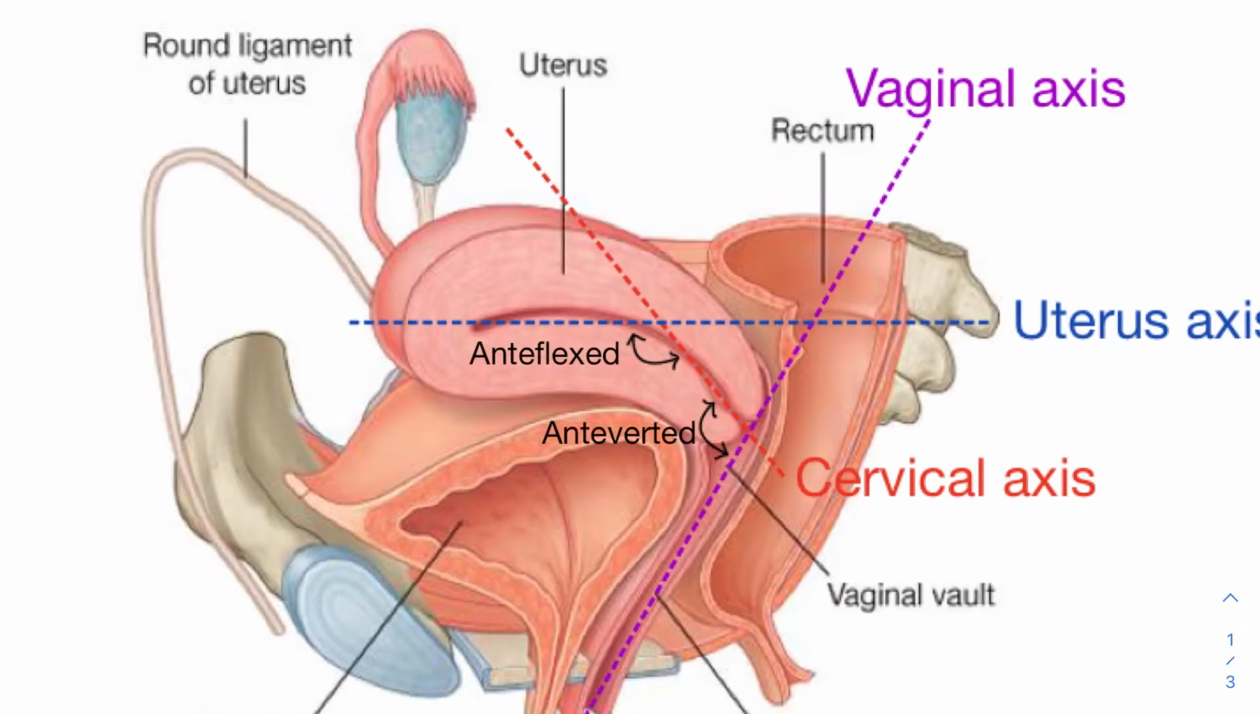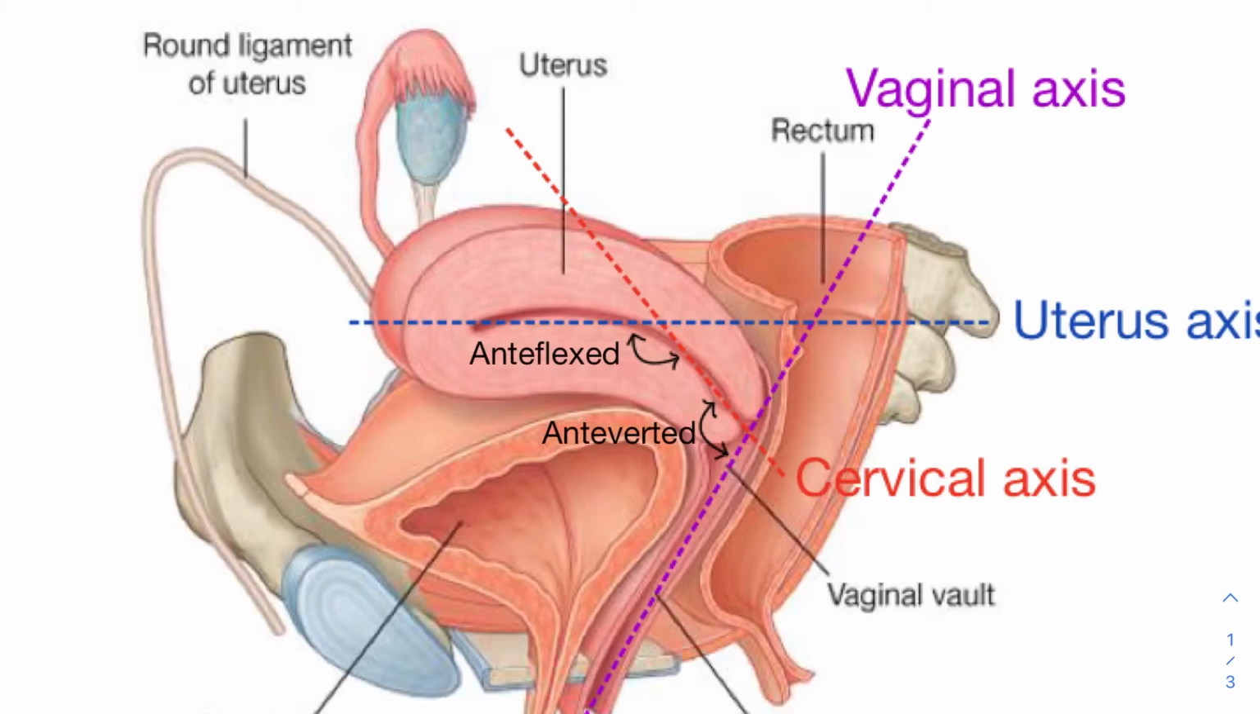And if this angle is greater than 180 degrees, then the uterus is retroverted, which means it's tilted backwards. So this would be that way instead. The uterus is anteflexed if the angle between the uterus axis and the cervical axis is less than 180 degrees, which is this bit here. It means that the uterus is bending forwards, and if this angle is greater than 180 degrees, it's retroflexed,